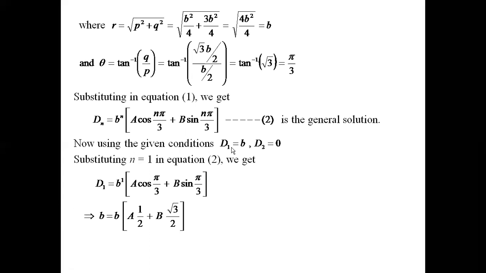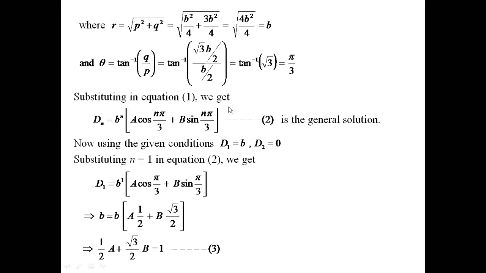D1 value is given, which is b. I have just substituted that in the LHS. Right hand side, we have simplified, substituting the values of cos 60 degree and sin 60 degree, which is respectively 1 by 2 and root 3 by 2. So on simplifying this, we can rewrite it as half a plus root 3 by 2 b equal to 1. We could not find out a or b value directly, so we'll be solving this along with another equation, which